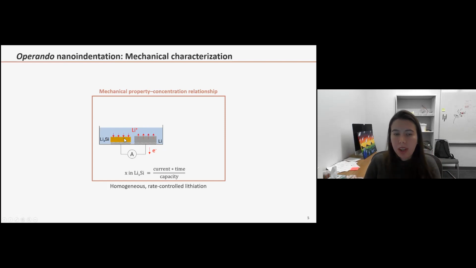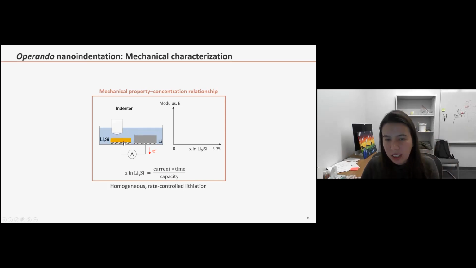Because it is a film, we are slowly charging it. This entire film is lithiated at the same rate. We can assume it's homogeneous. Because it's homogeneous, what do I do? At the same time that it's lithiating, I'm going to indent that sample. Each indent, I will get a point on my